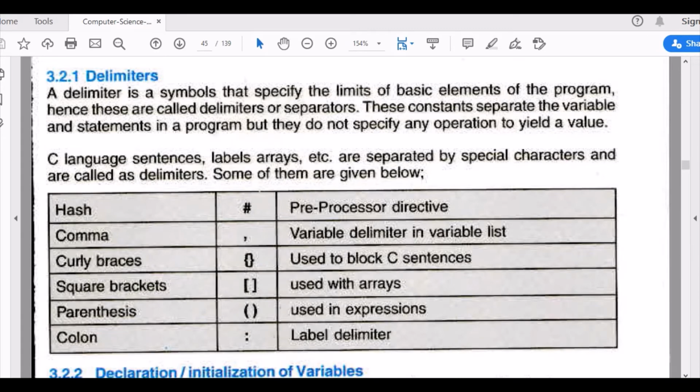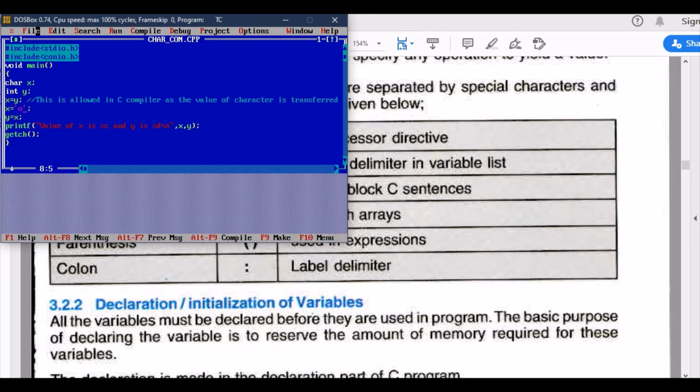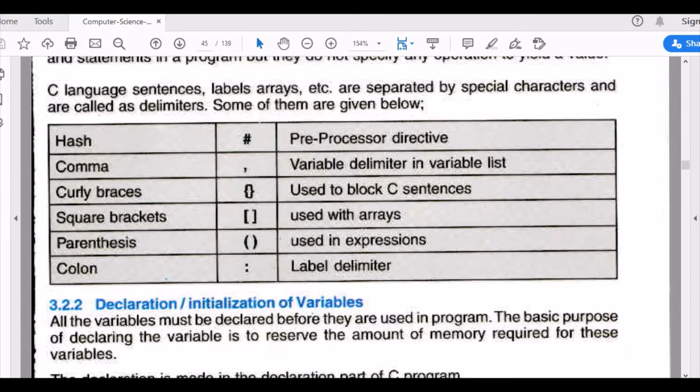Delimiters. Delimiters are those symbols or special characters that define where a line, program or function starts. First, hash. Hash is a preprocessor directive which tells the compiler that this is defined here, like include.